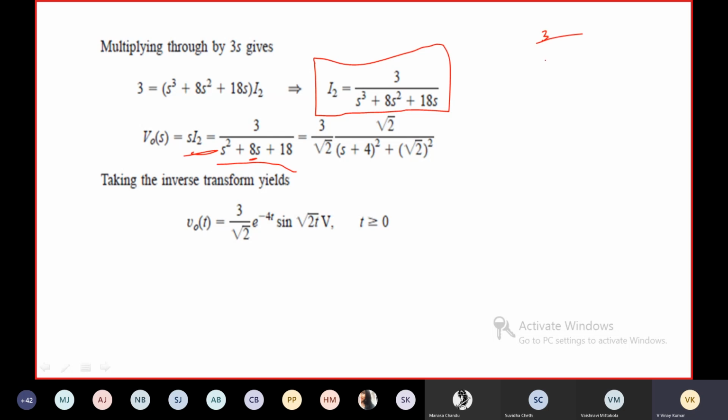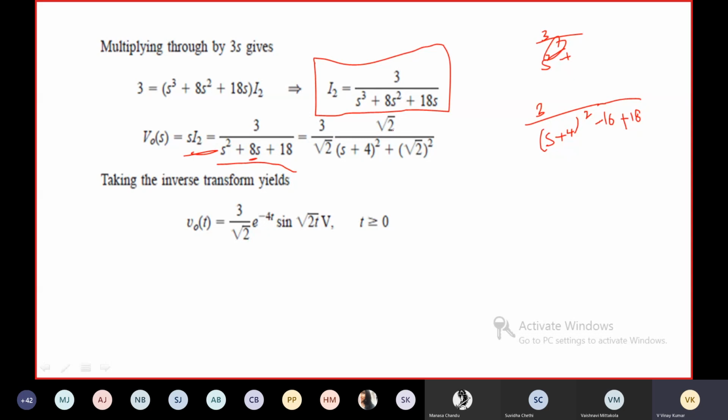3 by S square plus, okay, right, 3 by (S plus 4) whole square. S plus 4 whole square. This is S square plus 2 into 4 into S, 8S. Plus 16, right? Then we're going to get minus 16 plus 18 plus 18, right? It's the same as this, right? You know all these things. Okay, from this